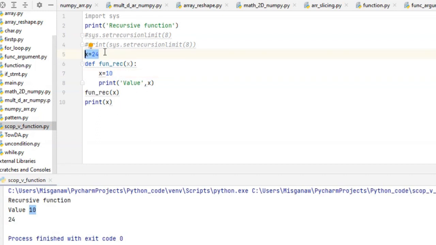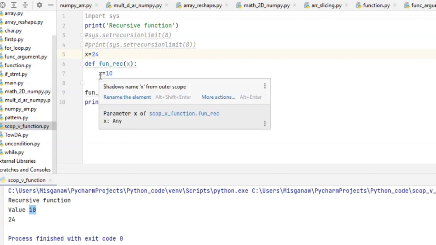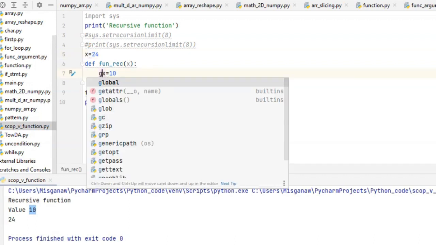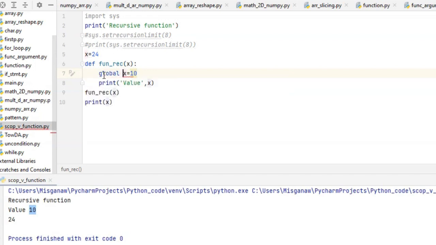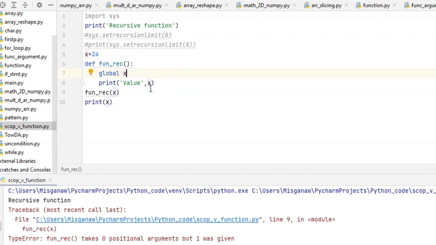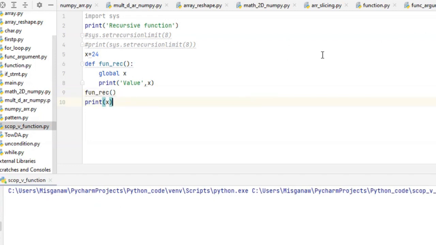To access the global variable value, we have to define global x. Now I can get all values 24. Sorry, function takes zero arguments. Let me delete this and run.